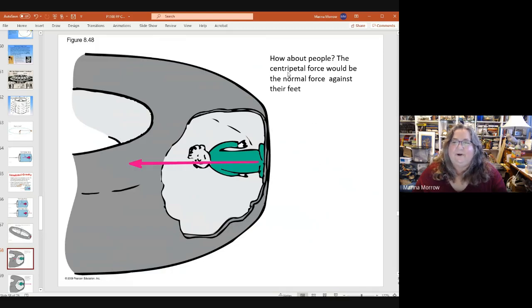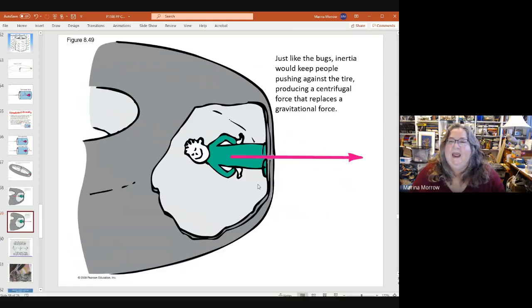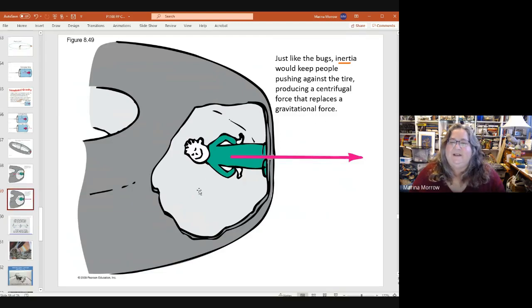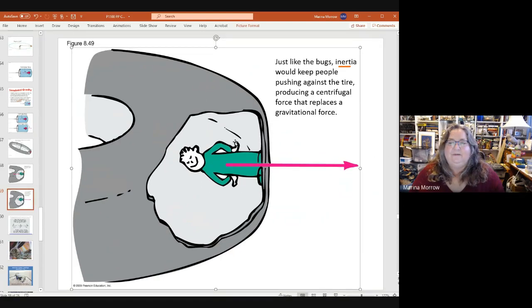Again, the centripetal force would be that normal force against our feet. So our inertia wants us to continue going in a straight line, but we hit the tire. So because of that, we feel a force against us, a normal force. And so that inertia keeps pushing us against the tire, and so we would have a centrifugal force that we would think of as our gravitational force. Now, everything you do in here should be the same. So if you drop a ball, whoops,